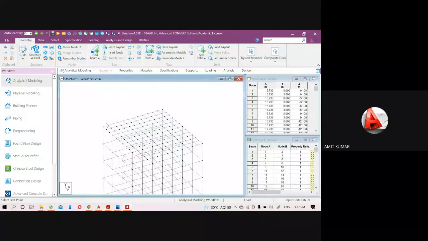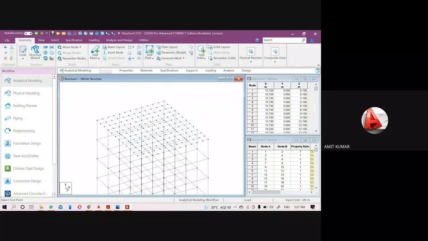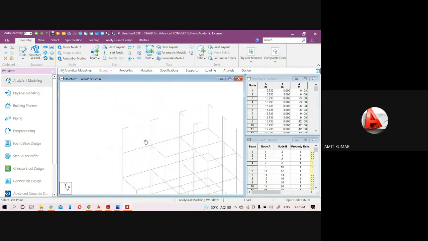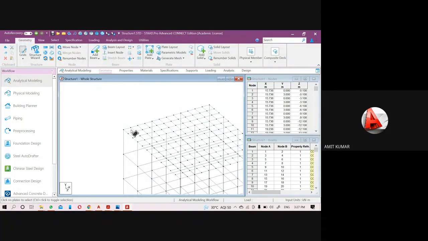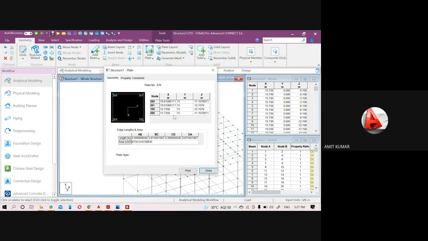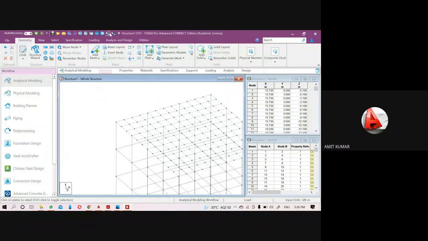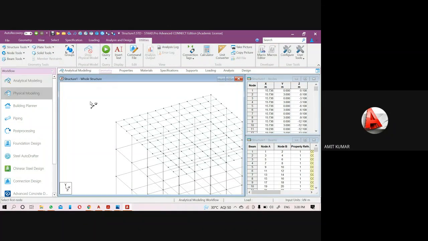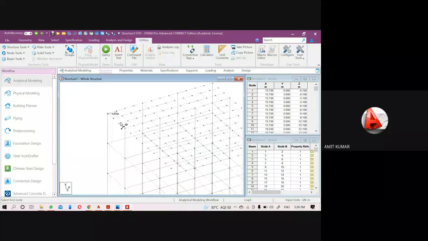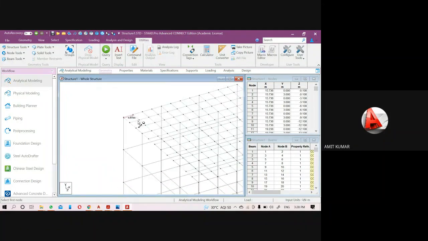So in the meshing option, there will be more nodes. Creating more dense meshing will give you more accurate data. Okay, so just pick the plate cursor and I will show you the length. The approximate length of this is 1 meter. I can show you the node to node distance option also. Go to the utilities menu, node tools, node to node distance. Here it will be 0.875 meter. Okay, less than 1 meter.